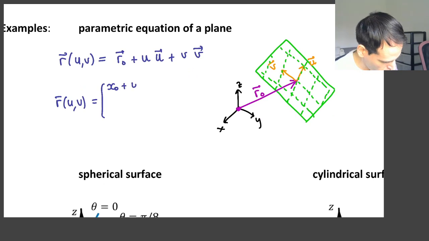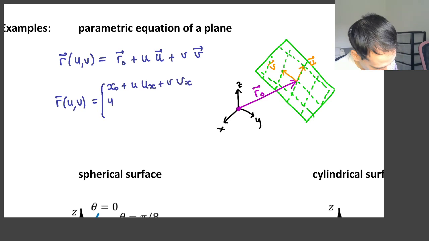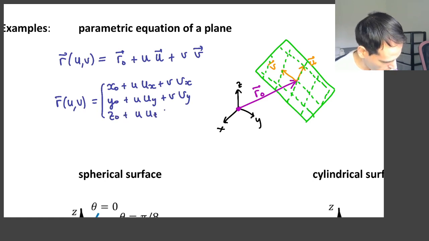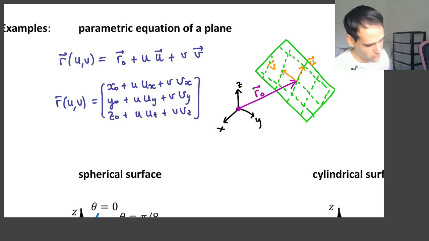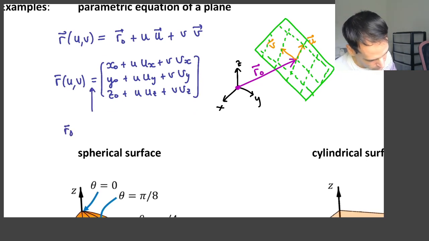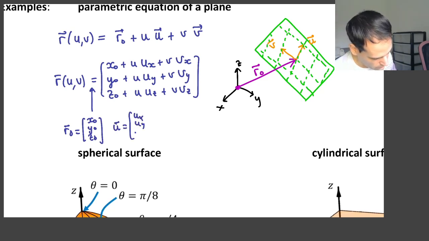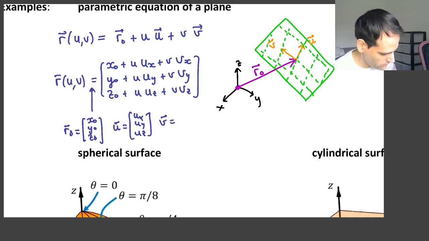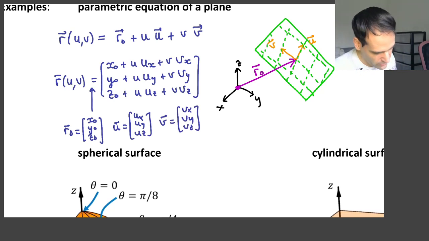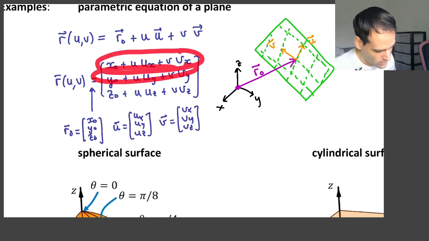x0 plus u times ux plus v times vx, y0 plus u times uy plus v times vy, and z0 plus u times uz plus v times vz. Okay, where I simply substituted the fact that r0 is x0, y0, z0, u vector is ux, uy, uz, and v vector is vx, vy, vz. So you can see that indeed the equation of a plane is simply three equations which are a function of